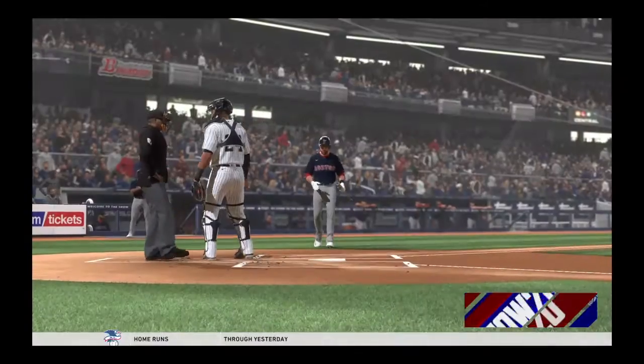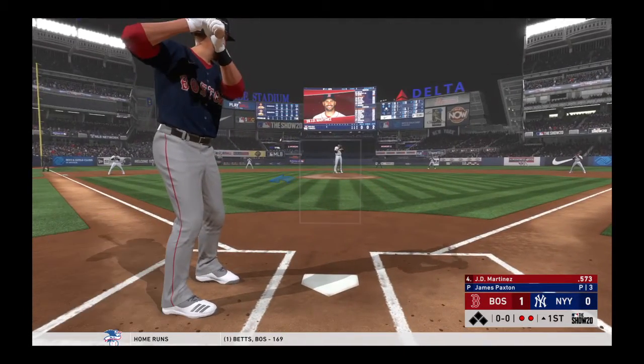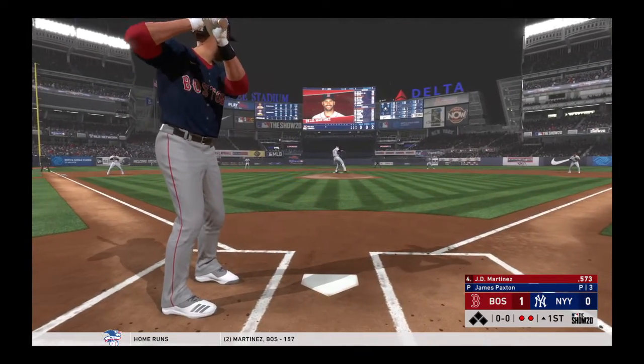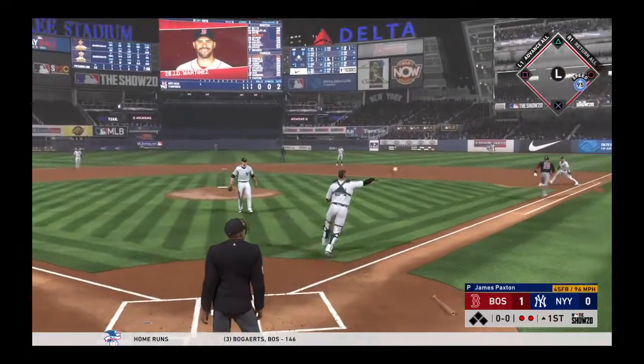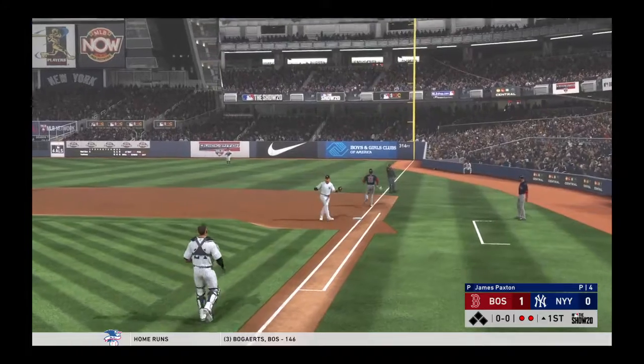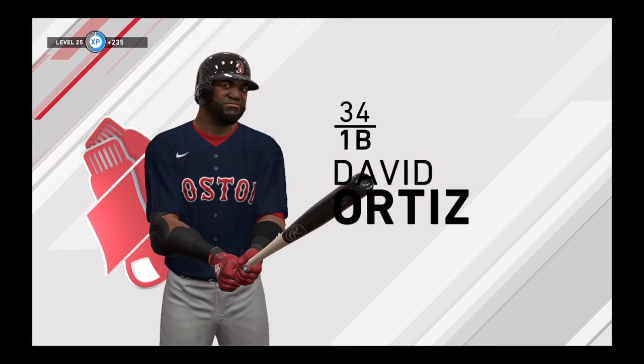Wow, talk about a guy getting hot, right? Hits a bomb, hit one yesterday. Usually when he gets hot, he starts to hit them in bunches, and this could be the beginning of a very, very good hot streak. Throw on to Voit takes care of him, and the inning is over. The Red Sox are on the...